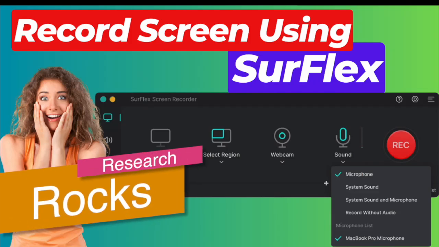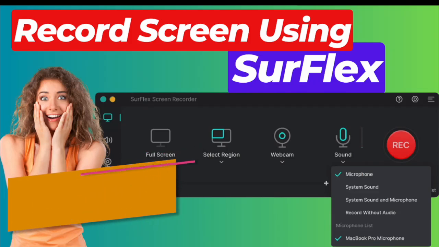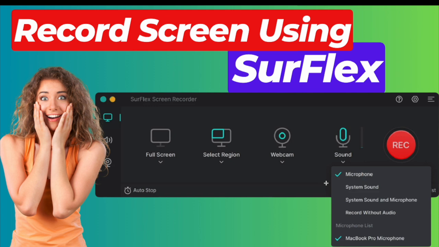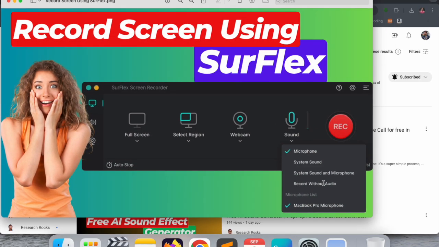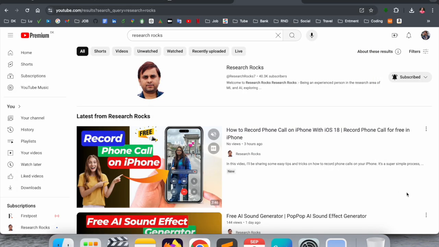Welcome to Research Rocks. In this video, we will see one of the best and iconic screen recording software, and that one is SurFlex. How to use it, where it is available, and what is new for this one, we will see in a detailed demonstration in this